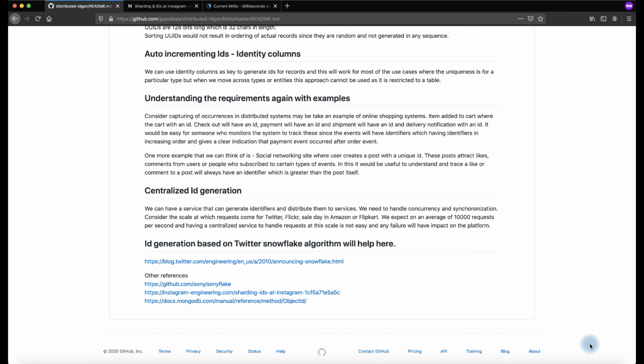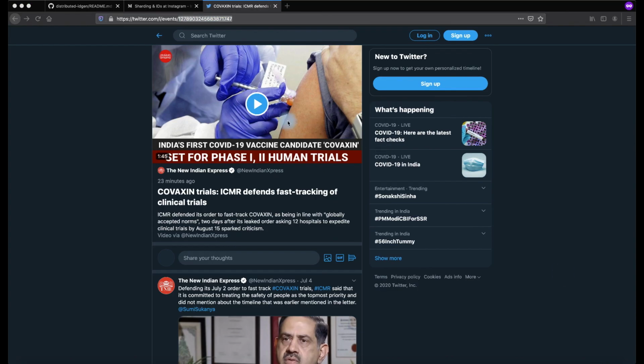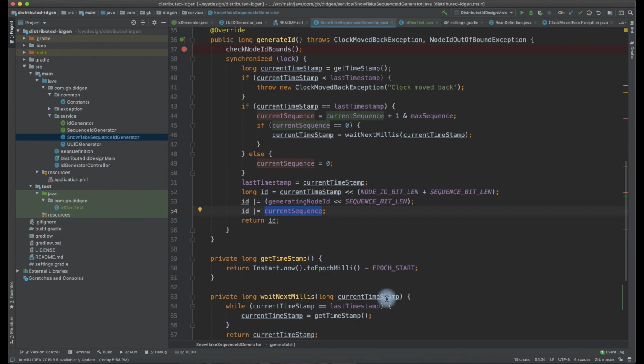If our requirement is not to create a secure random unique ID, we should be using this. If security doesn't come into the picture, we can still live with the ID that we have talked about. So I'm looking at a sample tweet ID. I told you this is based on the Snowflake algorithm. Twitter is also using a similar algorithm to generate IDs. Let's compare this with the ID length that we have created here.